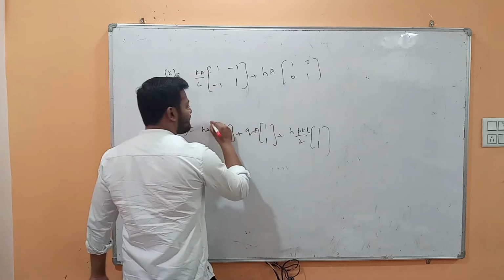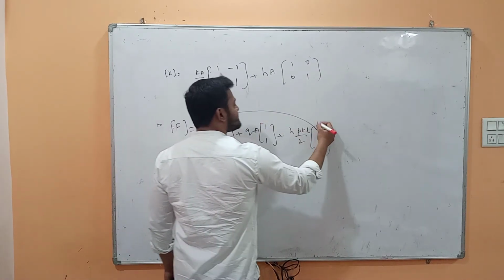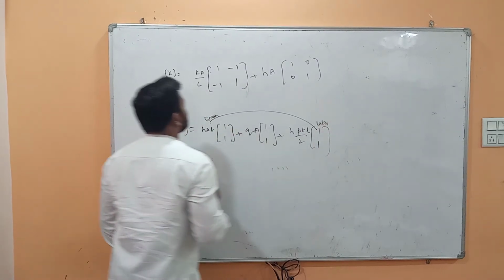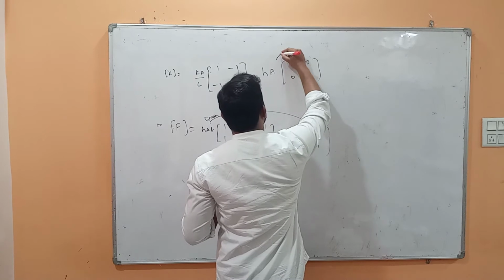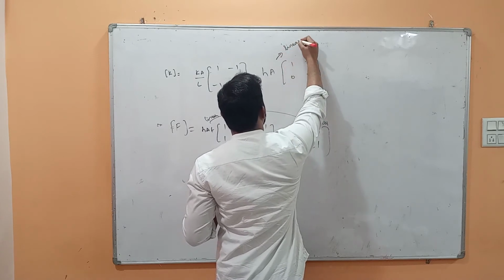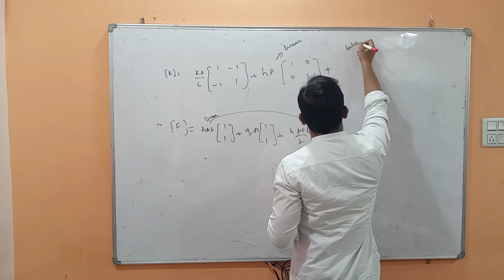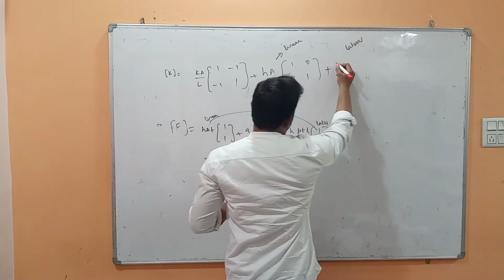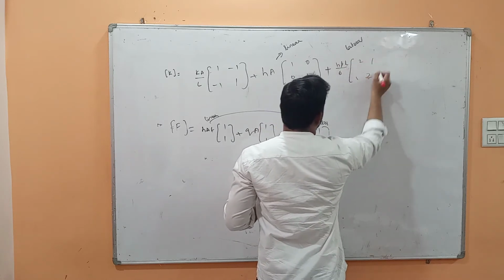See, these two are convection loads. This is in the linear direction and this in the lateral direction. But in the K matrix, I have only given you the matrix of this convection in the linear direction. We also have the convection in the lateral direction, especially in case of fin problems. So that formula is HPL by 6, 2 1 1 2.